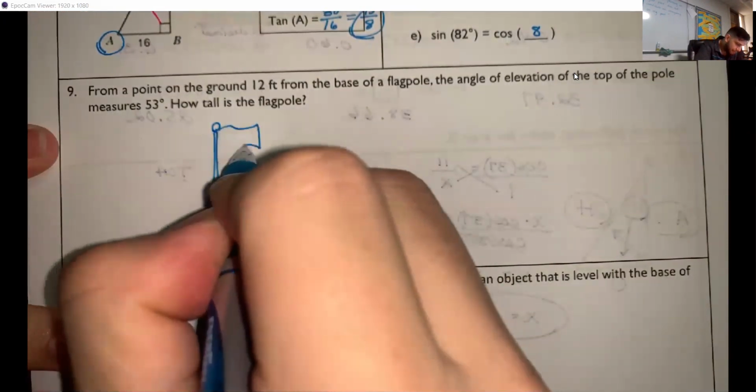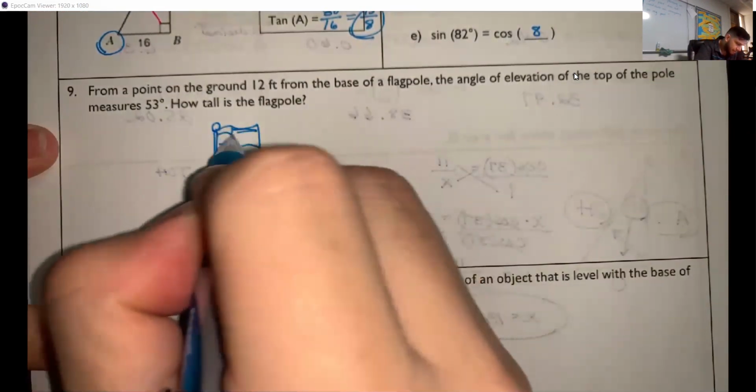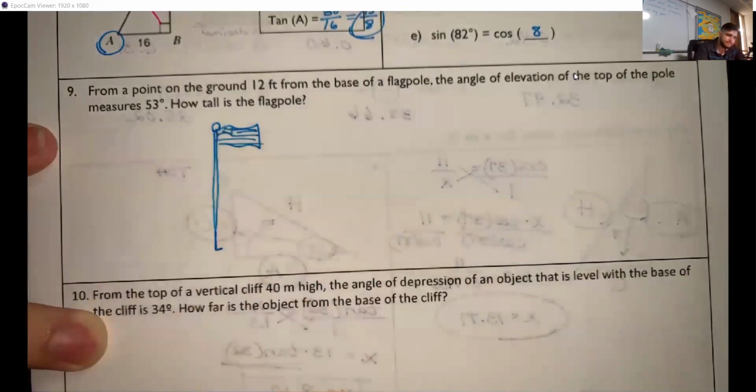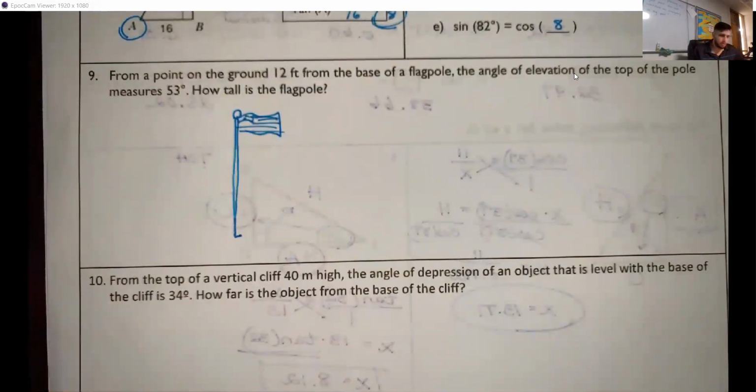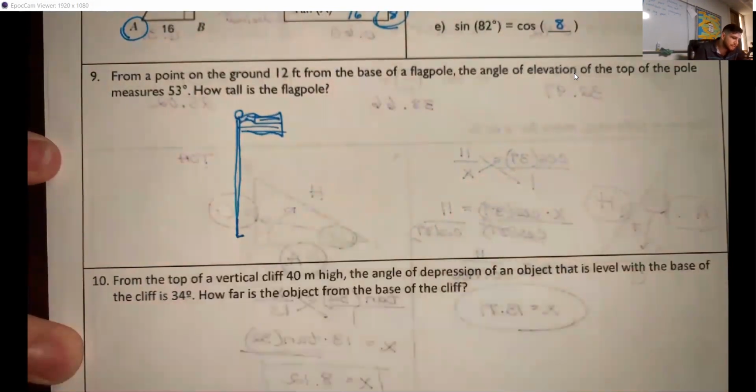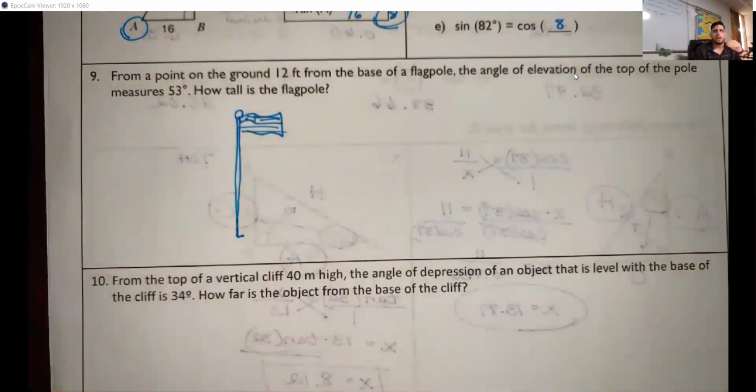Little flagpole. America. All right, that was a horrible American flag, but whatever. So there's our flagpole. And it says that the angle of elevation, which you guys have to remember,